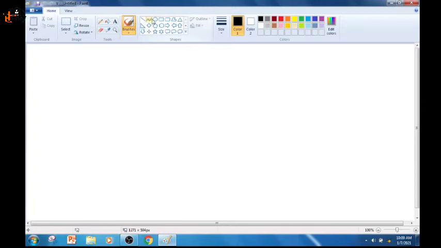Okay, if you want to draw oval, see I have selected oval and we will draw. If you have to draw, what will you do? See, your mouse pointer has changed to this cross, right? Now if you have to draw, you will take the mouse pointer to the drawing area and you will click the left mouse button. Which mouse button? Left mouse button. And while pressing it, you will drag the mouse.